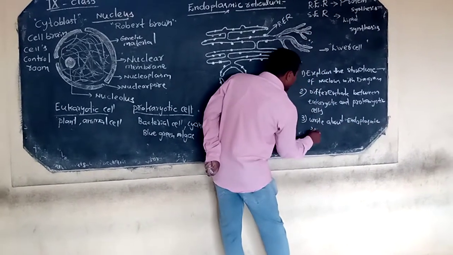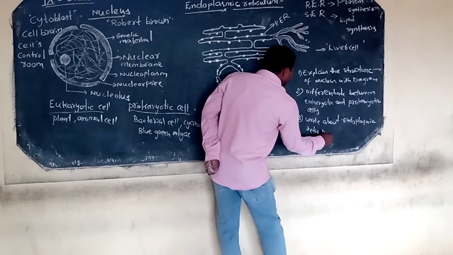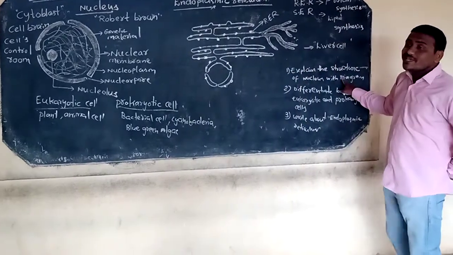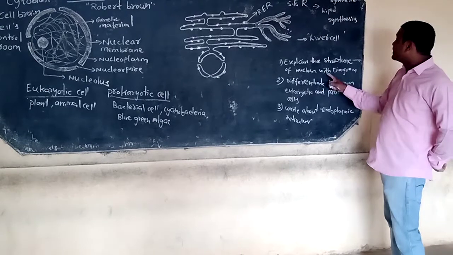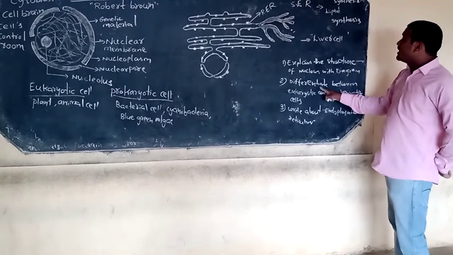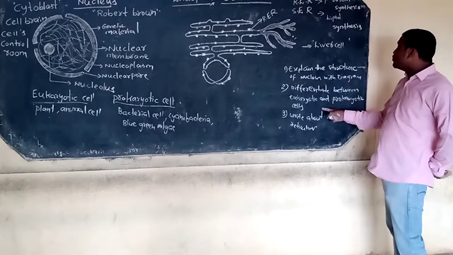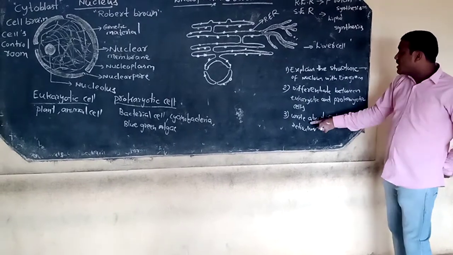In 9th class, three questions are given for the worksheet. The first one is explain the structure of nucleus with diagram. The second one is differentiate between eukaryotic and prokaryotic cell. Write about